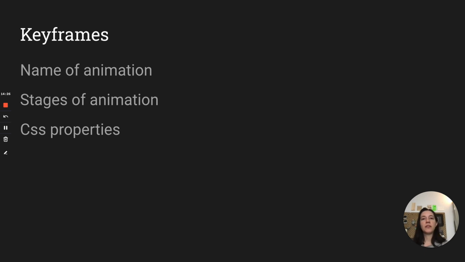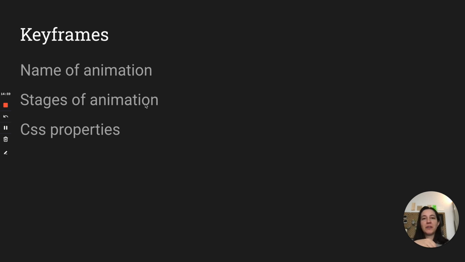So you'd use @keyframes, and then you decide at what point in the transition things change. So you'd say at 0% of the way through my transition, I want it to be twice its usual size, and then 60% of the way through, I want it to be super small, and then 100% of the way through, I want it to be its normal size. So you can define different properties inside of @keyframes. This is going to make more sense as I show you the code, but basically it just allows you to create a custom animation, name it,